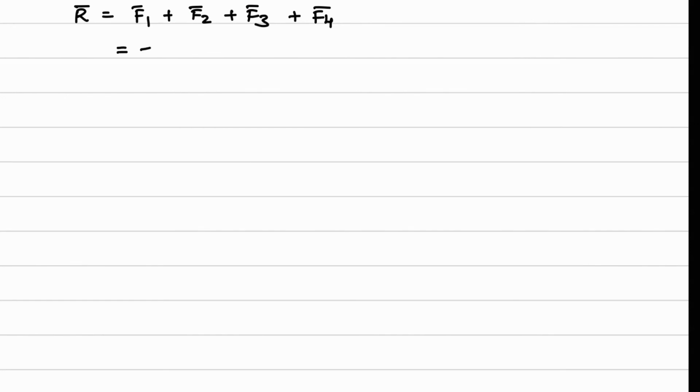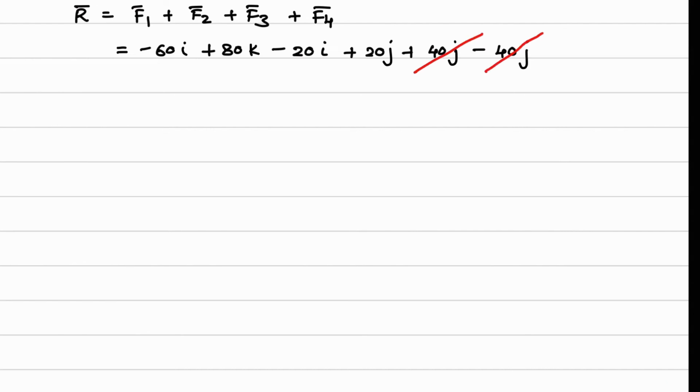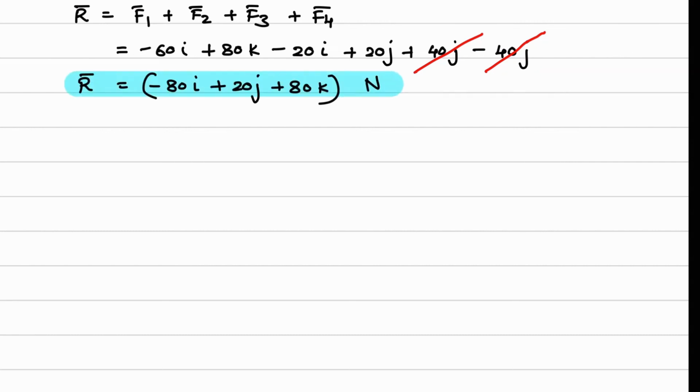Equal to minus 60i plus 80k minus 20i plus 20j plus 40j minus 40j. So these two will get cancelled, and the resultant force vector R bar is equal to minus 80i plus 20j plus 80k Newton. This is the first answer. Now the second part, the last part which is remaining, that is